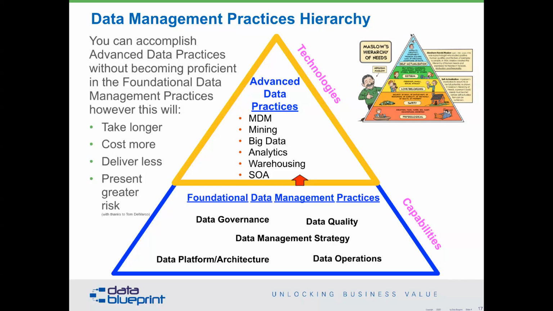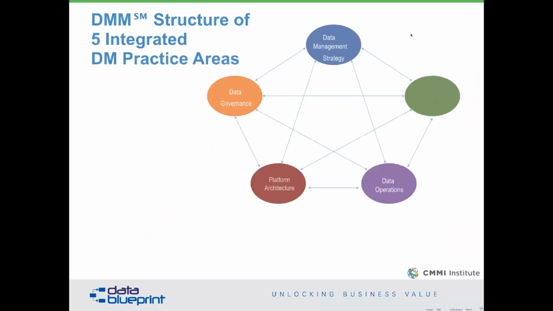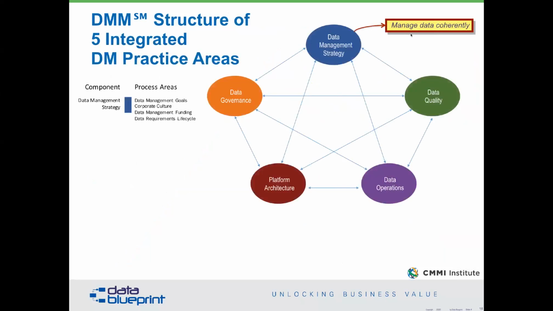And the proper way to do this is to take those 5 practice areas that we talked about and bring them over into an integrated structure of practice areas. We now understand that while we have lots of data, we can't possibly address all of it at once. And so data has to be taken in terms of slices or chunks, whatever technical term you want to use. And we need to manage it coherently. We need to have now employed a set of professionals around data governance, and these activities are absolutely key to making sure that things happen.